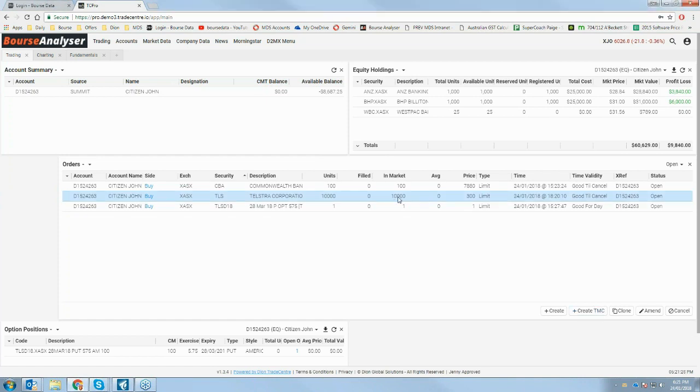So you can see I've got in the market right now, I've got 10,000, wanted to buy 10,000 TLS at 300. It's got my order type, which is a limit order. It's got the time when I did it, time and date. So it was at 6:20 on the 24th. It's got the validity, my account number, and the status. So let's just put this all in perspective right now. So if I just resize this a little bit,